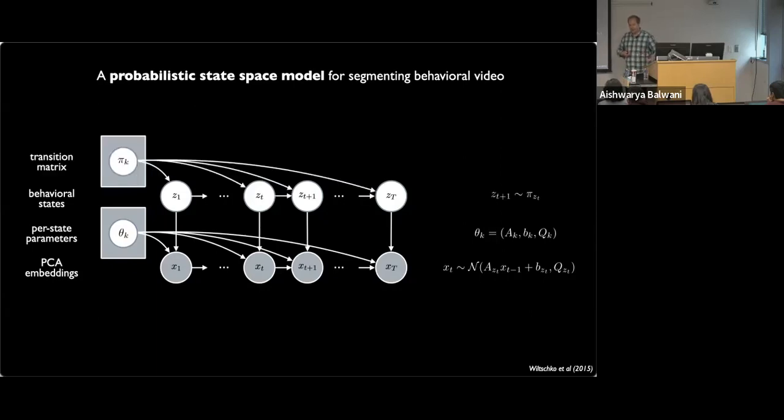But the other key observation here is that the sequence of discrete states, behavioral states, isn't just random at each time frame. There's some temporal dynamics to these discrete states as well. If you're in the walking state for frame 1, it's very likely you're going to be continuing to walk at frame 2, and so on and so forth. And we capture that with this transition matrix as written up here.